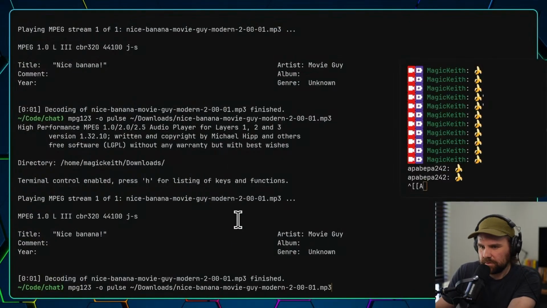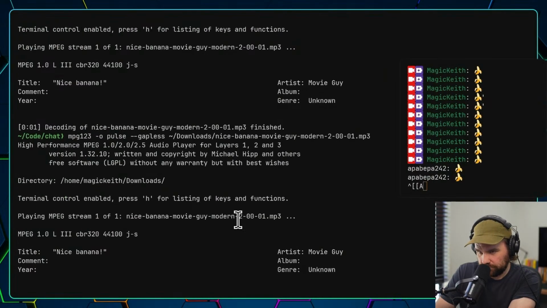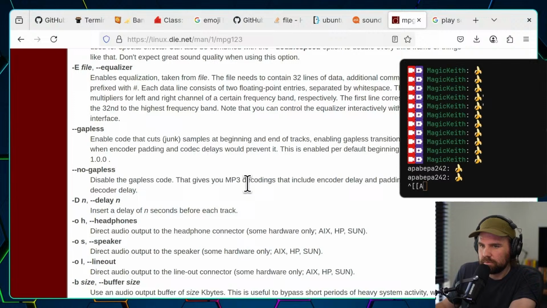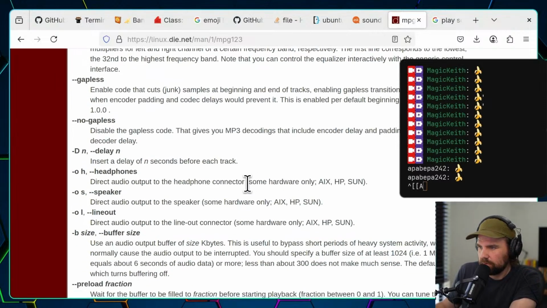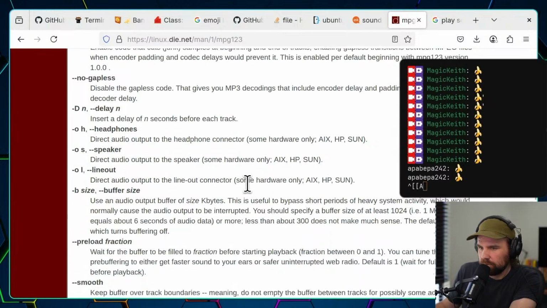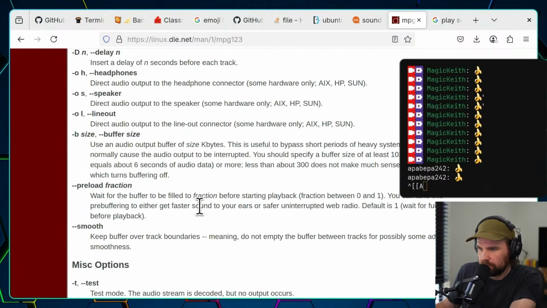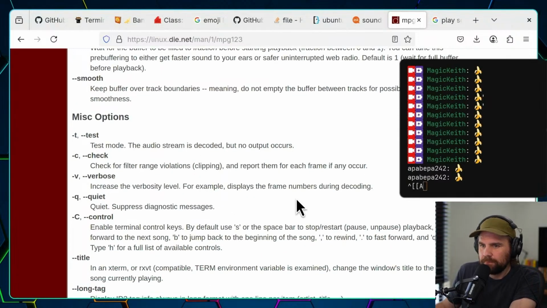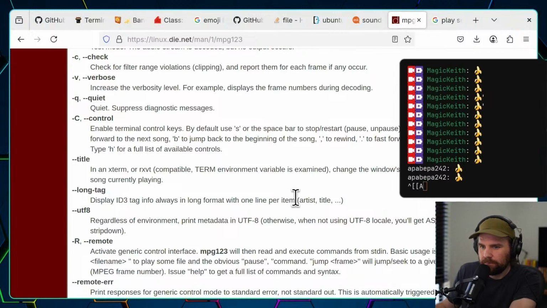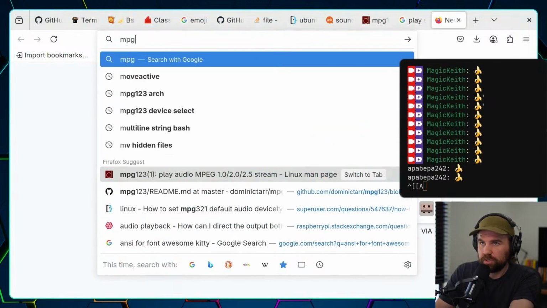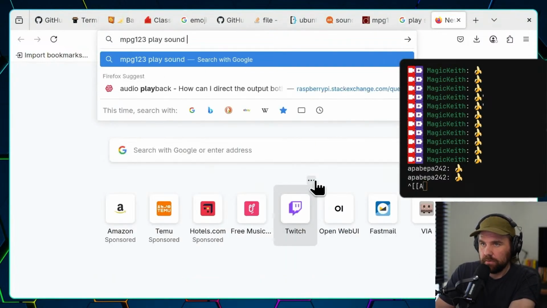Gapless. Nice banana. It's still kind of slow. mpg123 play sound quicker.